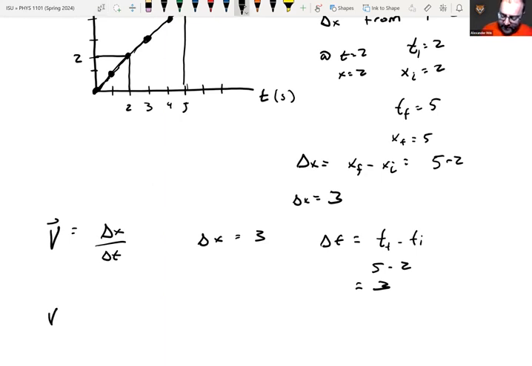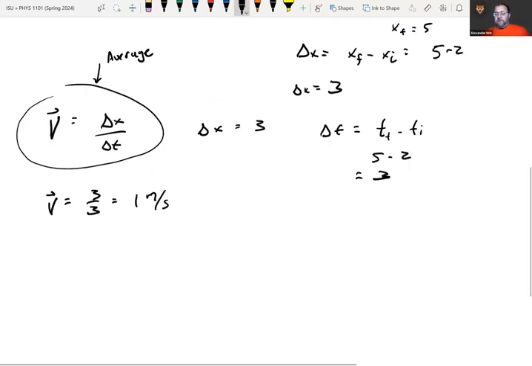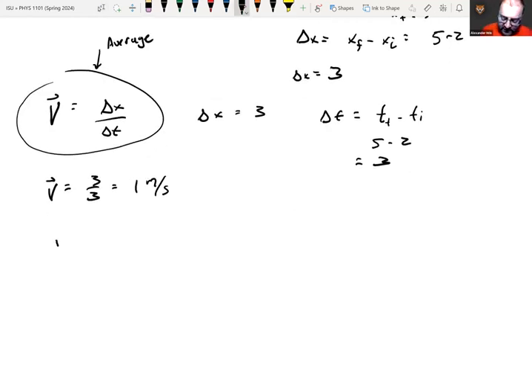Now, basically what this means is v is going to be 3 over 3, which would be 1 meter per second squared. Now, again, as a reminder, this was average velocity. Now, hopefully what you notice, and the main relationship to know from this graph, is that v is the slope of the